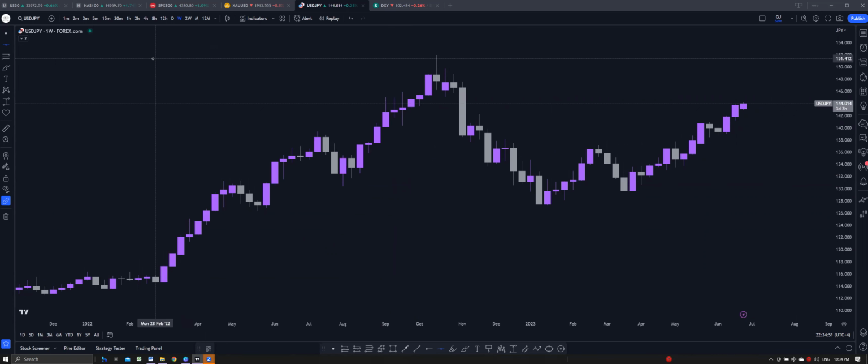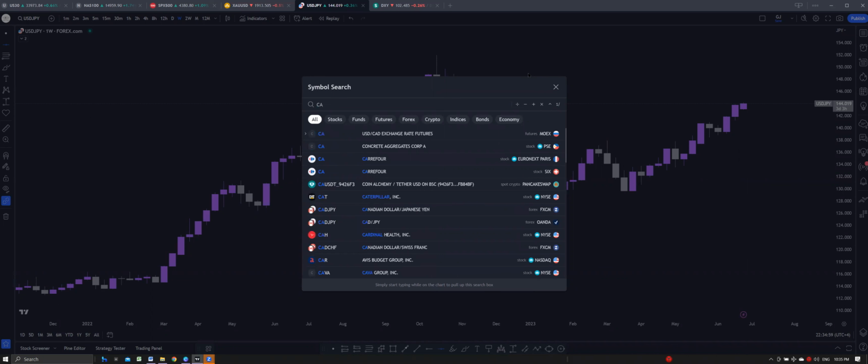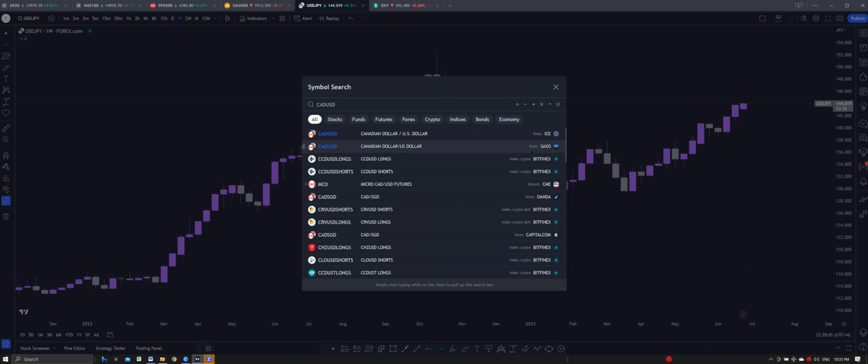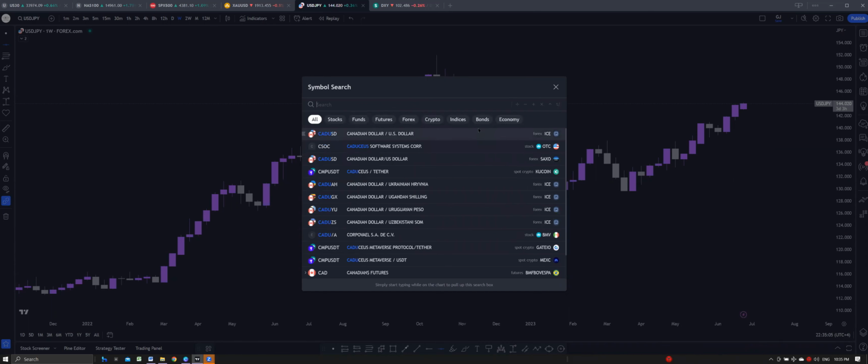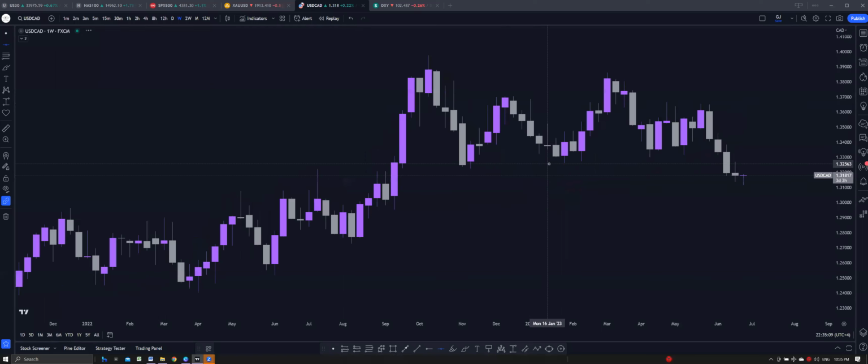this is not the best chart here. Wait, let's look at a different one. Let's look at CAD USD maybe. Or yep, let's look at actually it's USD CAD. Sorry. Yep. So look at the weekly time frame here, and we'll, for example,